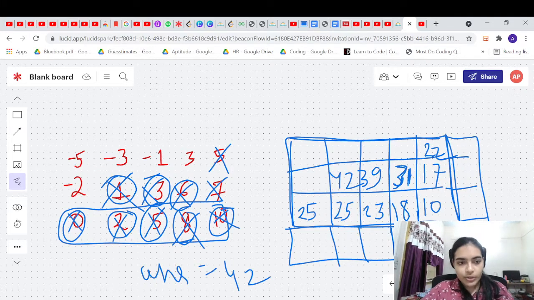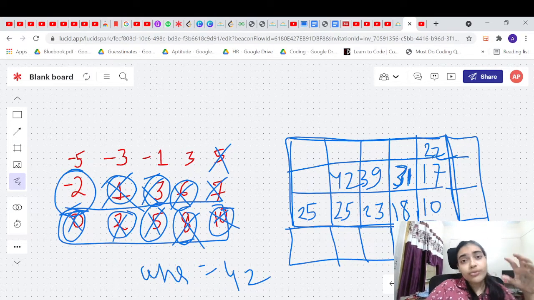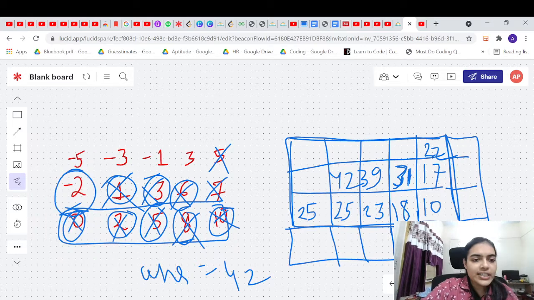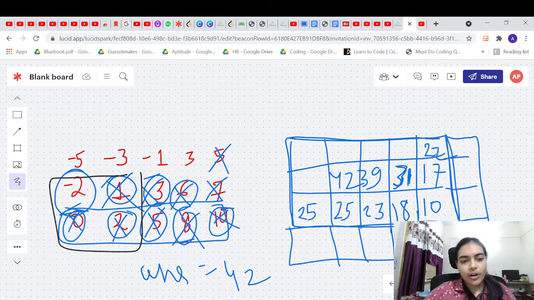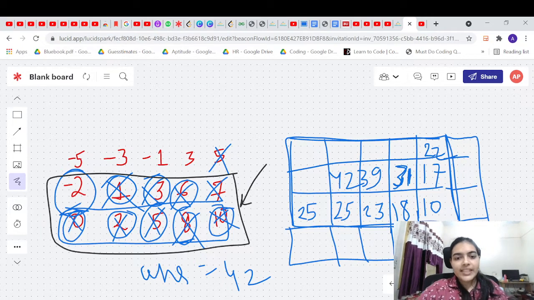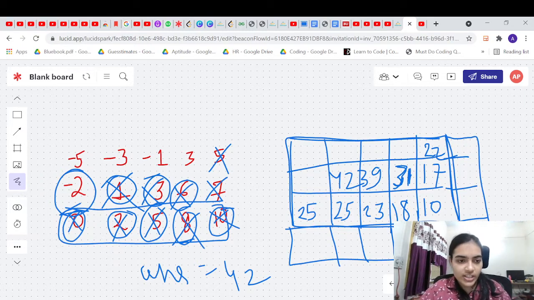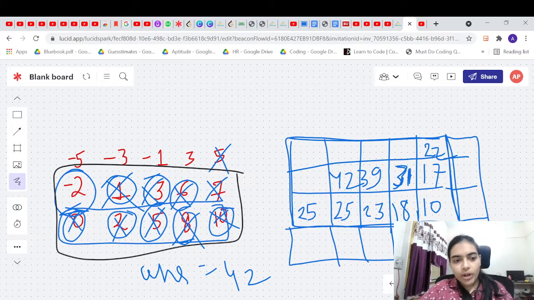Okay, so it's 42. Now let us go to the next element, minus 2. Okay, your next element is minus 2. So what are you going to do? In this case, if you kill this region, right, you are going to kill your own soldiers also. So in this case also, let's just calculate the answer. If we kill this region, what will be the answer that we'll get, right? So you can either bomb this region or this region. Lot of submatrices are possible, but for maximum positive value, we'll take the entire submatrix, right? That will give the best possible chances. So what will be this? What will be the answer of this?